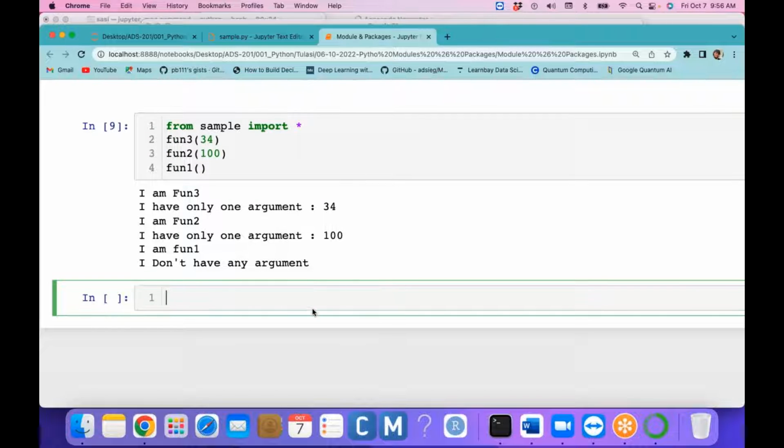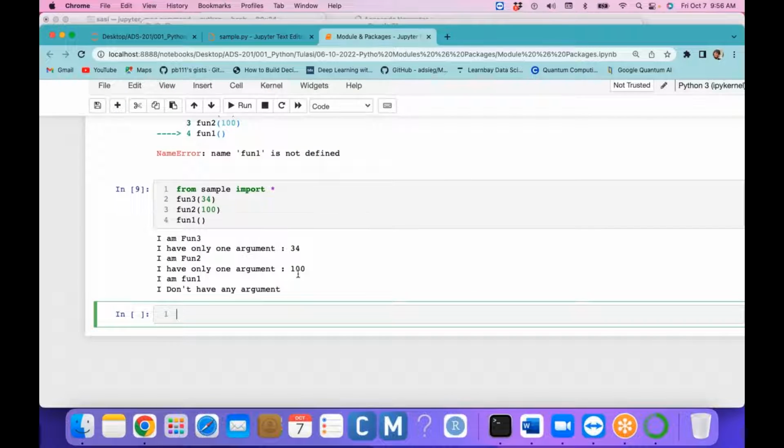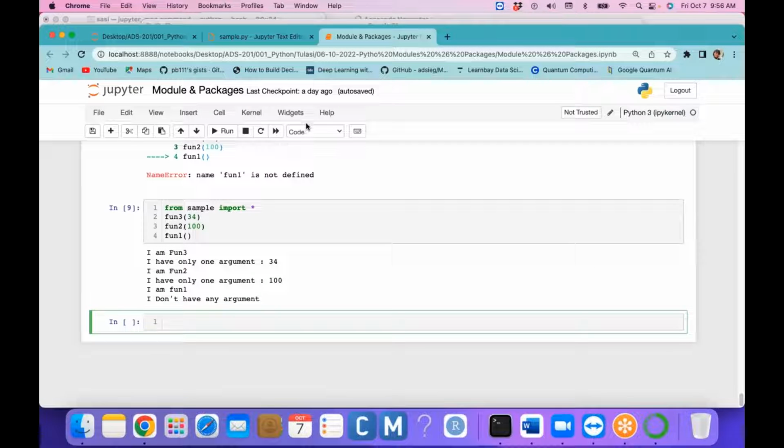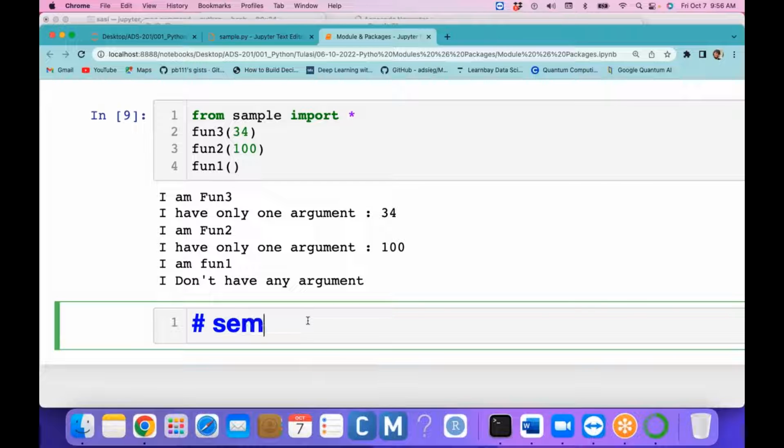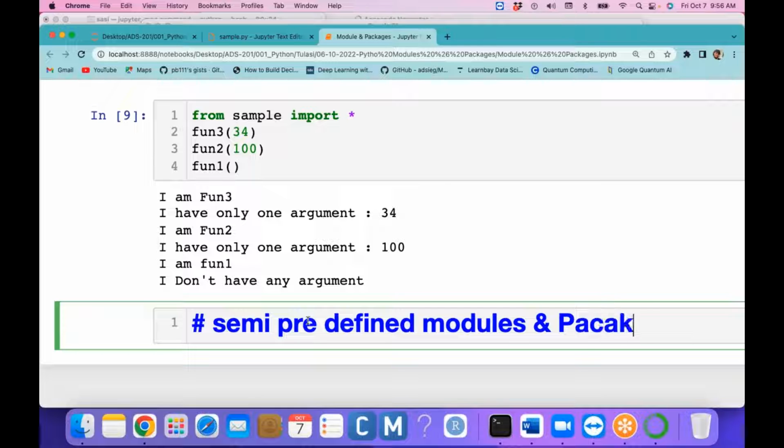so now let's see some packages which are semi predefined models and packages. What are those? Let's look at the semi predefined models and packages. Semi predefined models and packages means nothing too much to worry about. Semi predefined models or packages. Okay, so here,